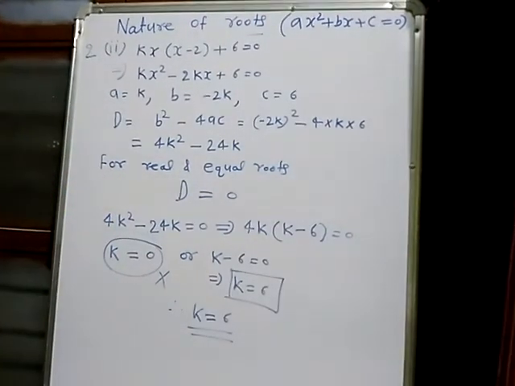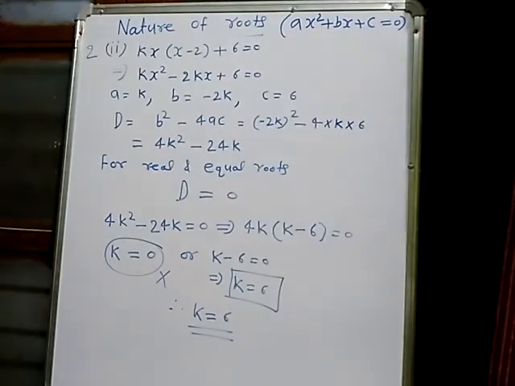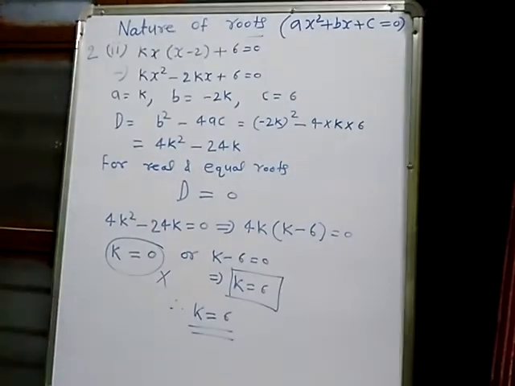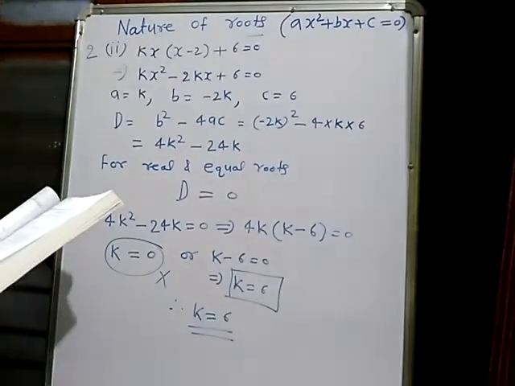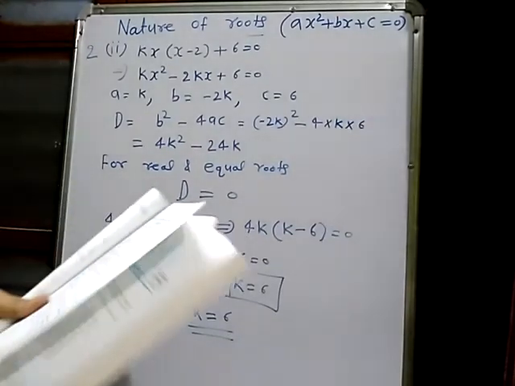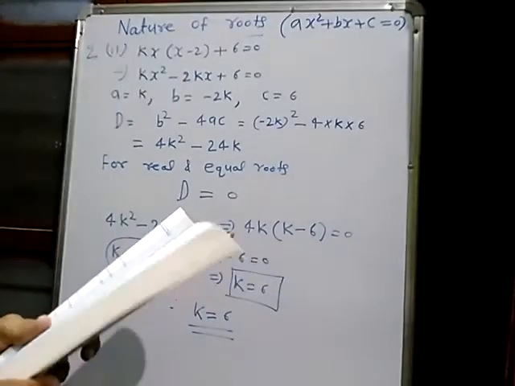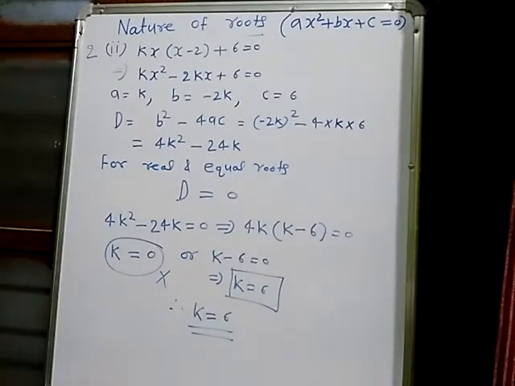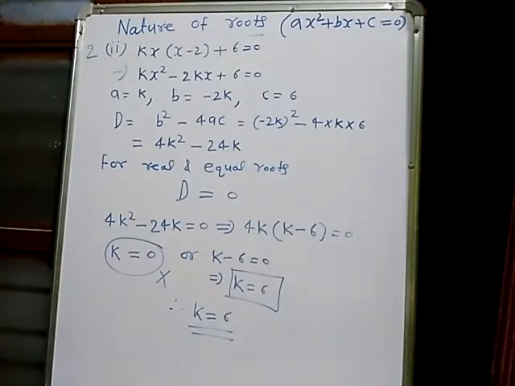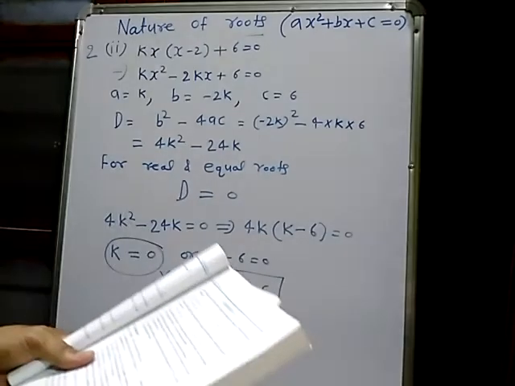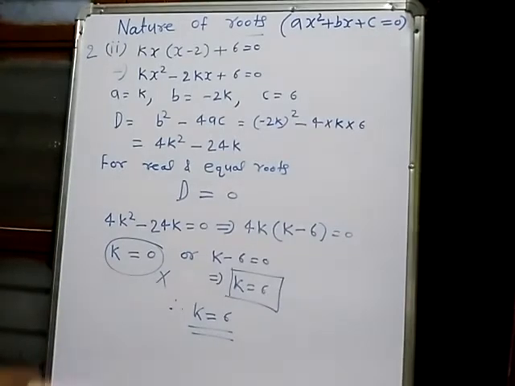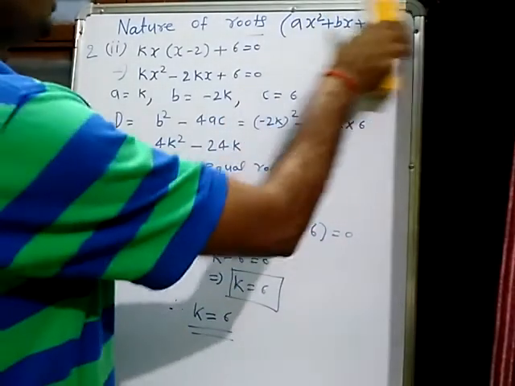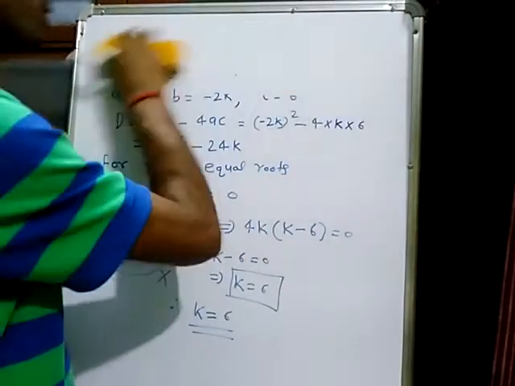and its first part you need to try. I will explain next question. Question number 3. Question number 3 is given, student, is it possible to design a rectangular mango grove whose length is twice its breadth and area is 800 meter square? If so, find the length and breadth. If so means it is possible, means you need to check this question. Check करना है इसके roots कैसे होंगे.